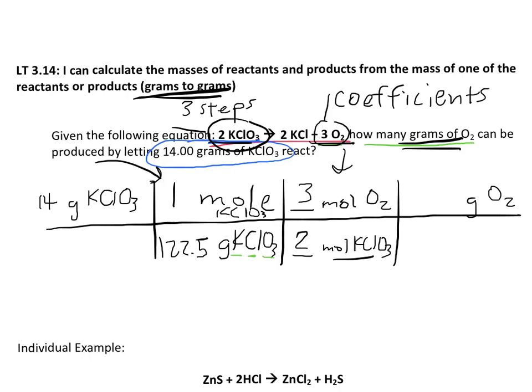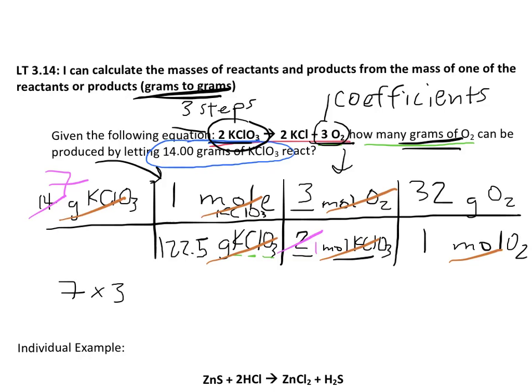Now we want to end with the molar mass for O2. So if we have 1 mole of O2, we know that's going to be equal to 32 grams. Now you can check your work by making sure that everything simplifies. So we know that we're going to cross off the units, and that looks correct. And we can do some simplifying. Why don't we take our 2 and change this to 7 over 1. And then let's rewrite that. So 7 times 3 times 32 all over